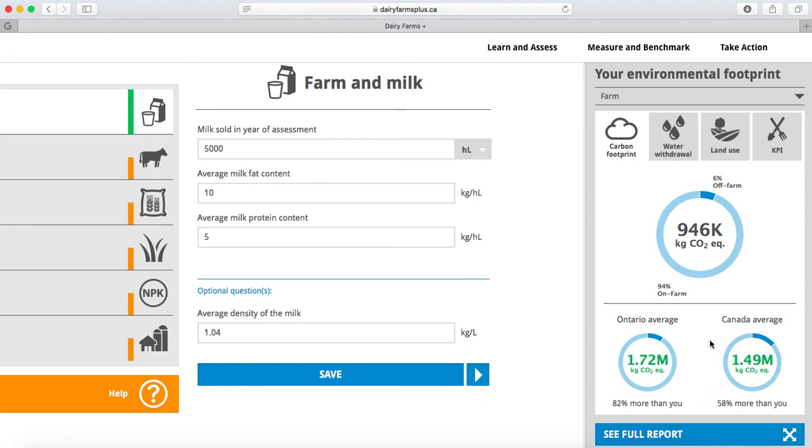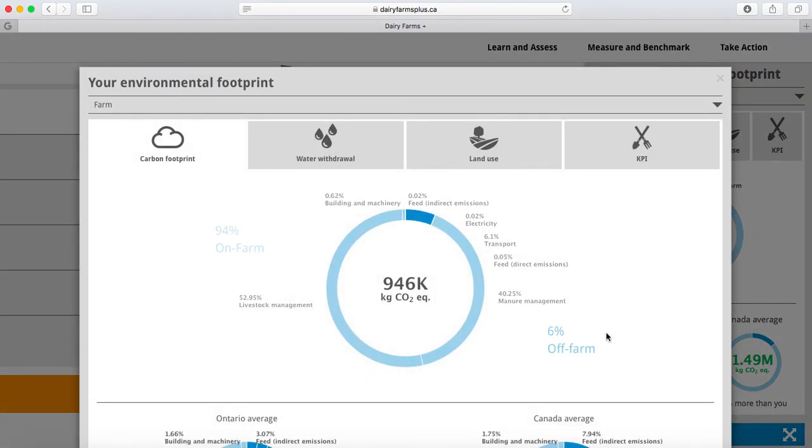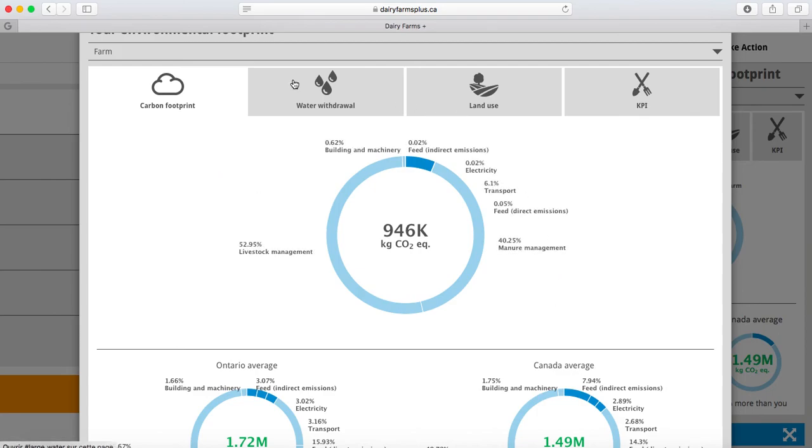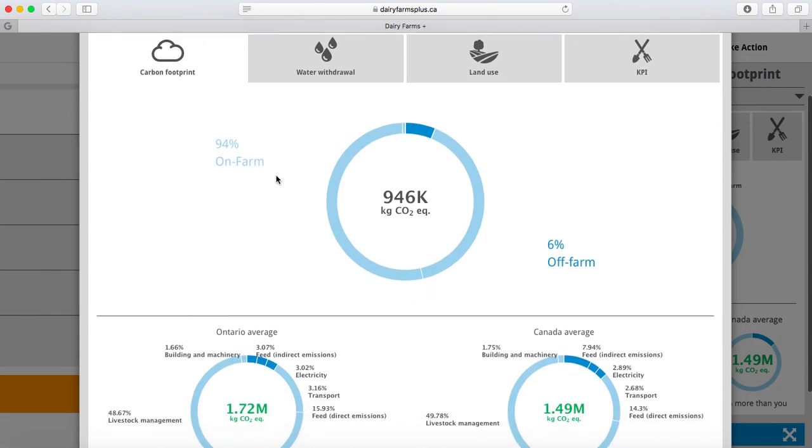What you see here in real time is just a summary result. If you want to see the full result, you click at the bottom there, and then you have access to much more information, again in a really user-friendly way, where you can see, for the same set of indicators, a vast array of different information. So again, always in a comparative